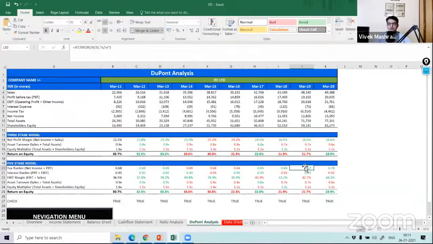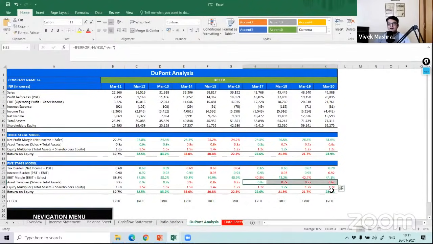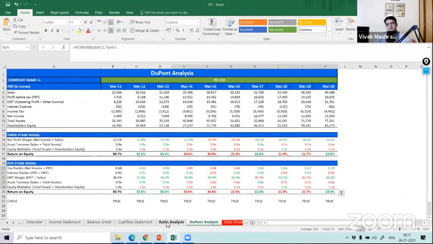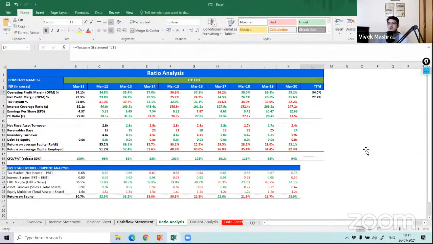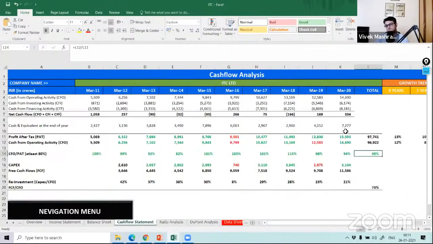And then you see the DuPont analysis, you will get an idea. Tax burden, how much is there? Then interest burden almost nil. Margins are decent. Asset turnover is going down, so this is probably something you have to watch for. And equity multiplier is decent. So overall, there are no red flags or issues. It's good, but the biggest areas of concern are two things: growth and the reinvestment of cash flow. That is what you can analyze from this company.